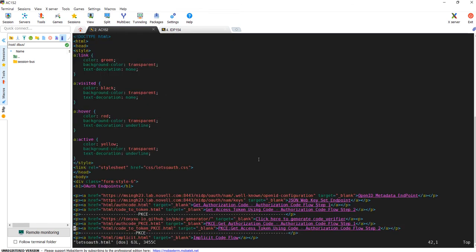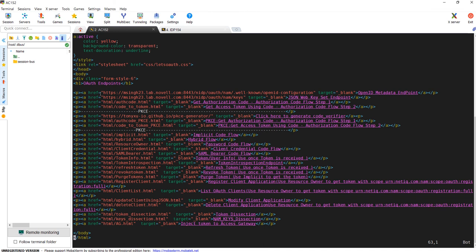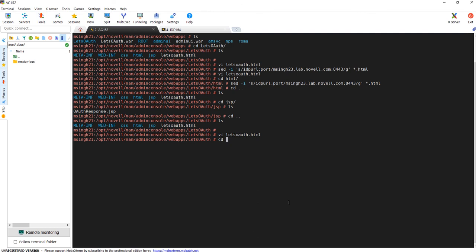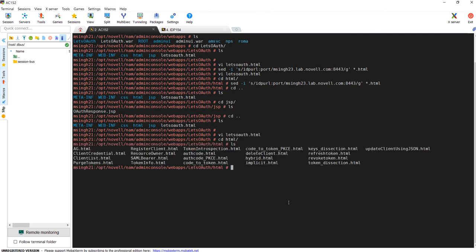This is the main HTML which we access, and it shows the main page. You can customize this, and also you can go to the HTML folder, and it contains all the pages which you are going to access when you click one of the links